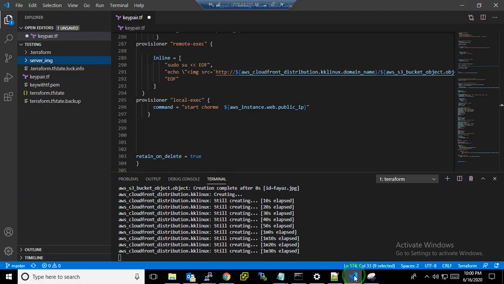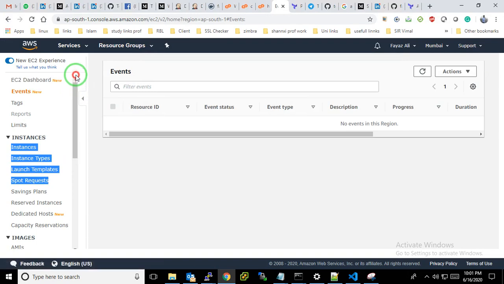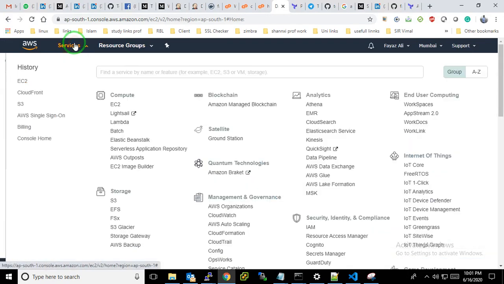You can see here, this is the key that came up automatically. Now CloudFront is still going on. So let's check the S3 bucket.